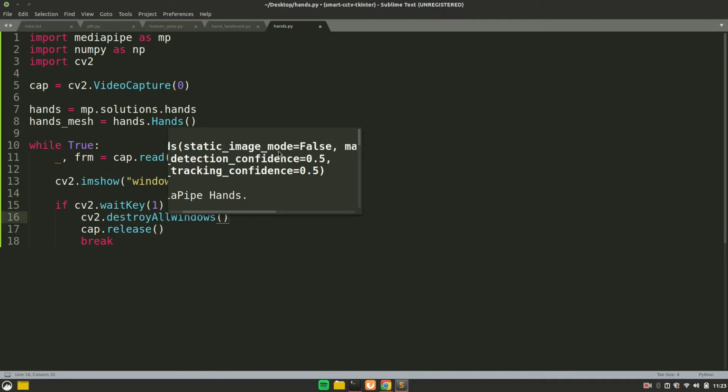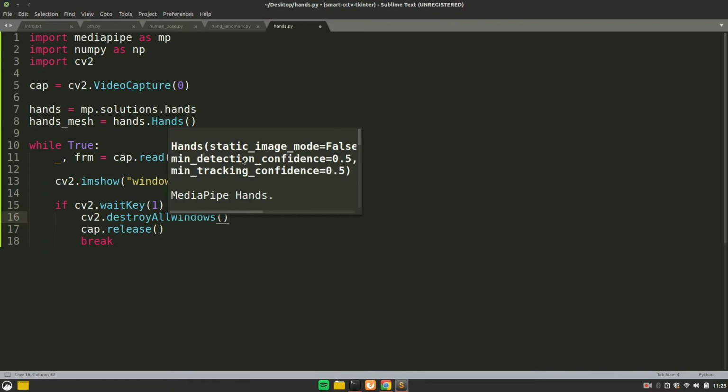When we pass the image for processing inside this hands object, it first detects hands and later on starts tracking that hand, if this boolean parameter is set to false. If it is set to true, it will try to detect the hand in every frame and not track anymore.